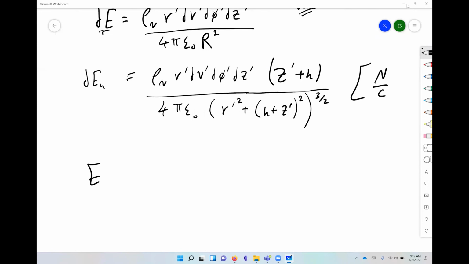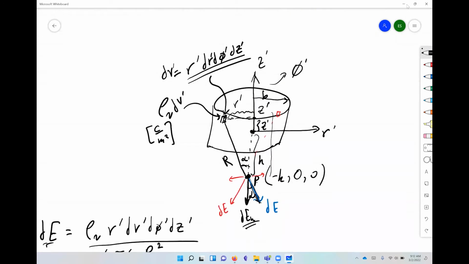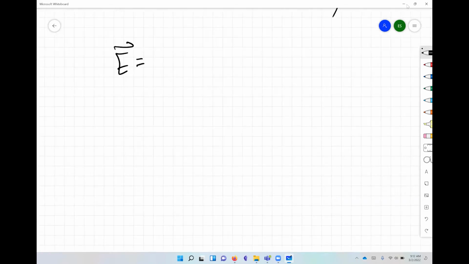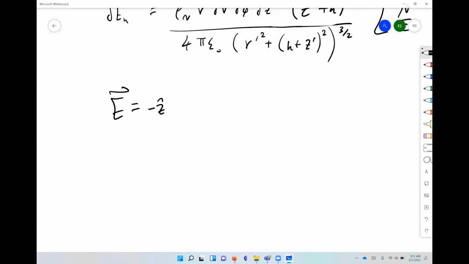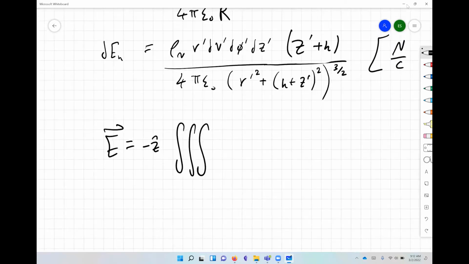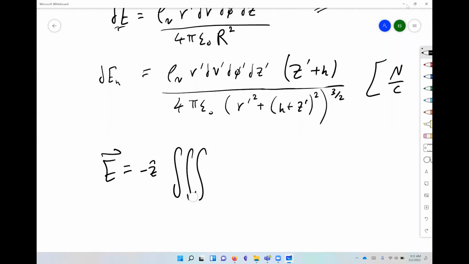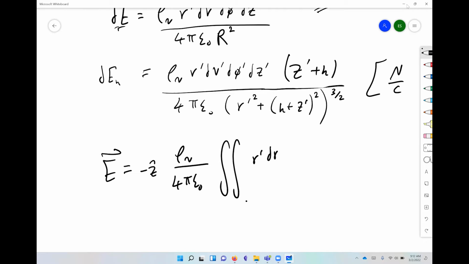And now we integrate over the whole volume. So the total E is going to be the integration of this thing. From inspection, this is going to be pointing downwards, in the minus z hat direction. And this is going to be a triple integral. Let me first take all the constants out, just to simplify. So I'll have rho v over 4 pi epsilon naught, and then triple integrals of r prime, dr prime, dphi prime, dz prime,